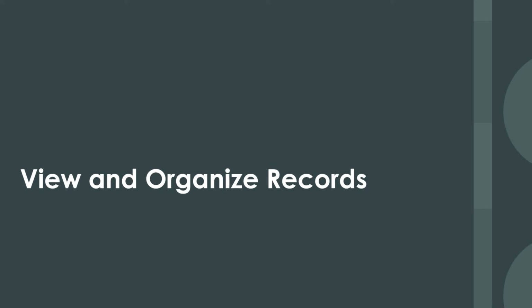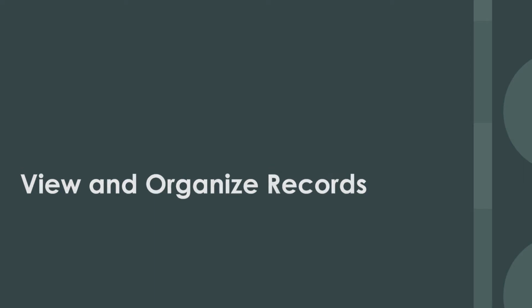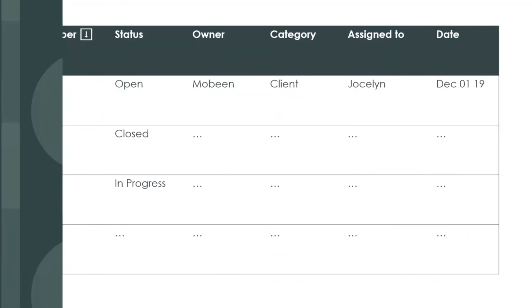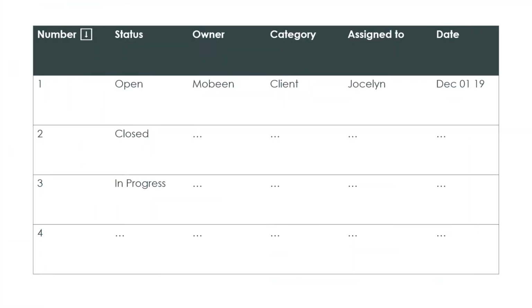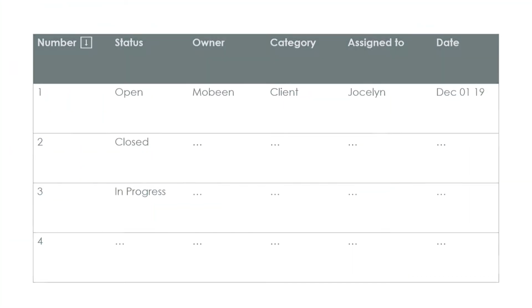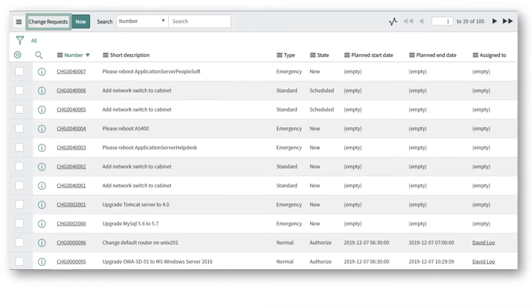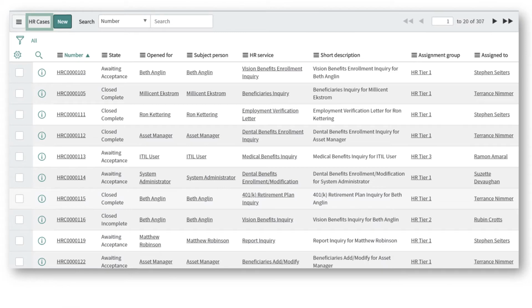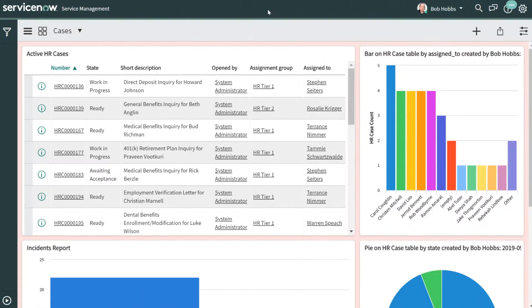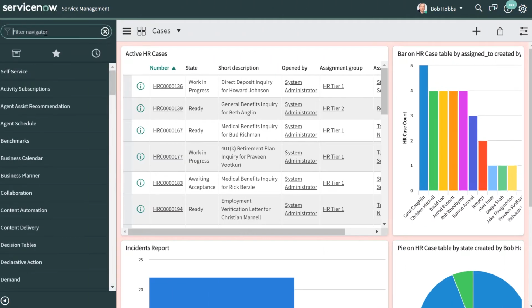There are a few ways to view and organize data to make it useful to us. Records are constantly being added to or changed, so we want to be sure that we see an up-to-date view. Lists display records. Here are incidents. Here are change requests. Here are HR cases. I'm going to use incidents, but we can apply all the techniques I'm about to demonstrate to all the list